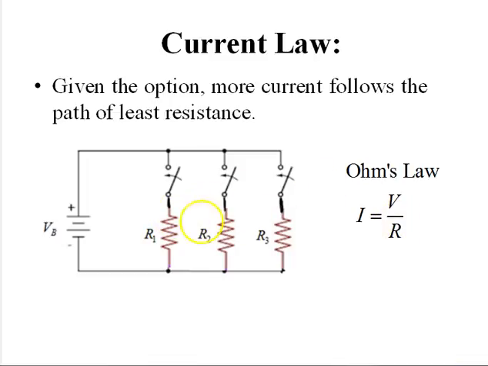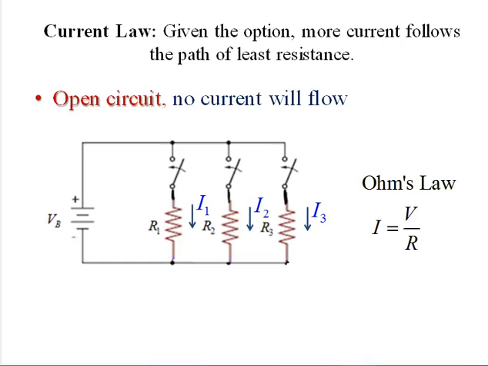So here we have three resistors wired. They look like they're in parallel, but we have these three switches up here. The switches are all open. So because there's an open circuit, no current will flow. No current will flow through R1, through R2, through R3, but additionally, no current is going to flow from the